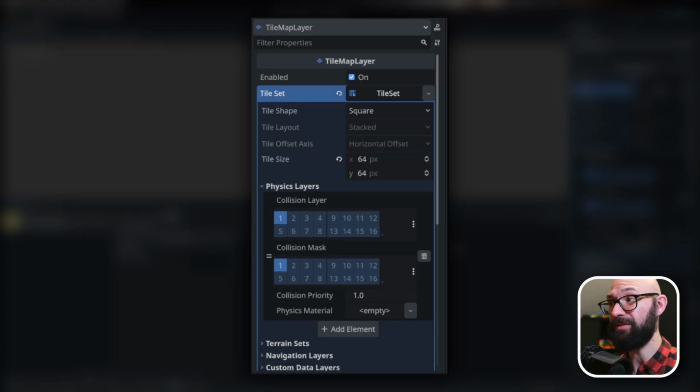So here you can define multiple layers, and then we can define what that looks like for each individual tile. The definition for a collision layer and a collision mask can be a little bit confusing. How I remember them is that the layer is defining what this tile is. So if I say that this is selected on the ground layer, that's saying that this tile, or at least the selection on the tile that we've got, is ground. The collision mask is what it pays attention to, what it sees coming into its collider. So if we have watercraft as a particular physics layer, it's going to say that I recognize when a watercraft